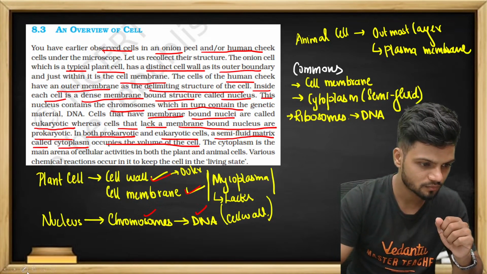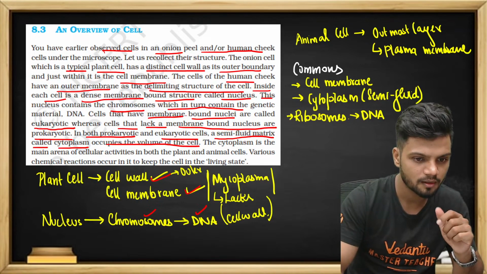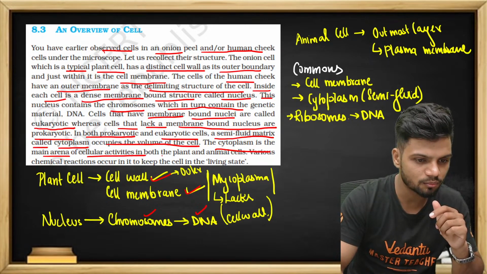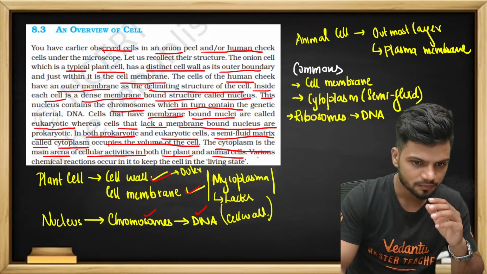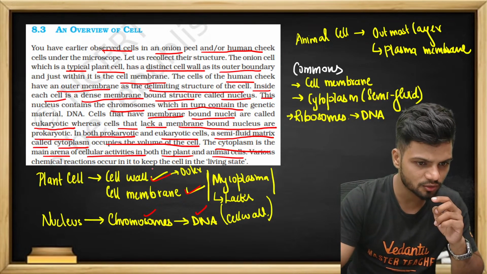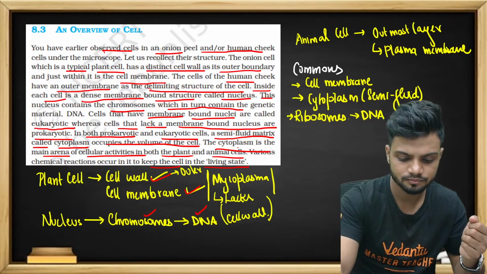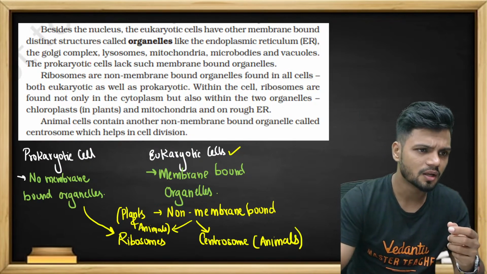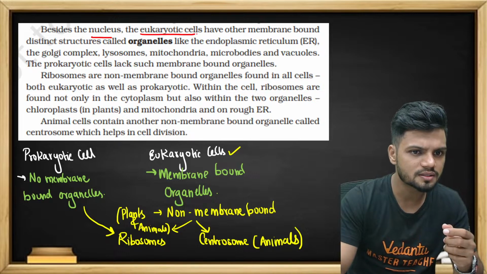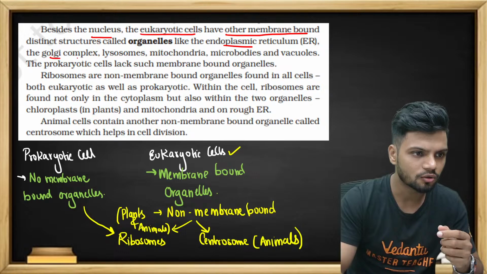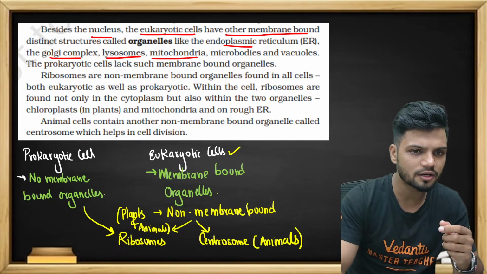Okay. Now let's read what is given in NCERT. The cytoplasm is the main area where the cellular activities occur in both plant and animal cells. Various chemical reactions occur to keep the cell in a living state. So chemical reactions are taking place in the cytoplasm. Glycolysis, for example. Besides the nucleus, the eukaryotic cell has other membrane bound organelles like the endoplasmic reticulum, Golgi complex, lysosomes, mitochondria,